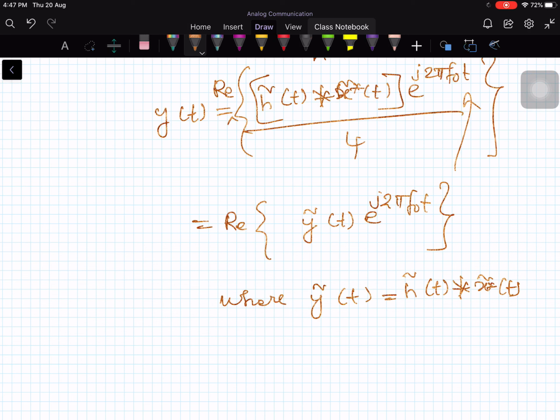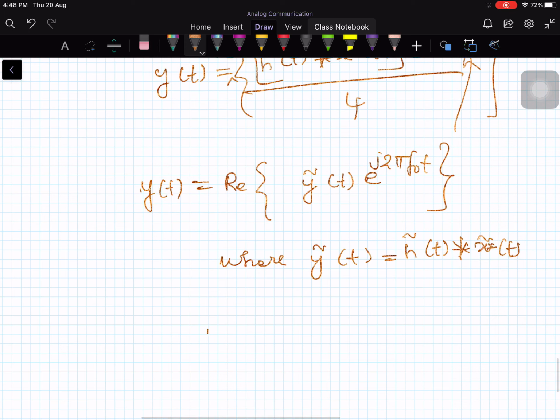The most important lesson which I want to talk about in this discussion is that you could have avoided all these lengthy integrations, right? No need to do convolution, multiply this term with that term, and 4 terms, and argue this and that. Directly you can get the result. How will you get the result?